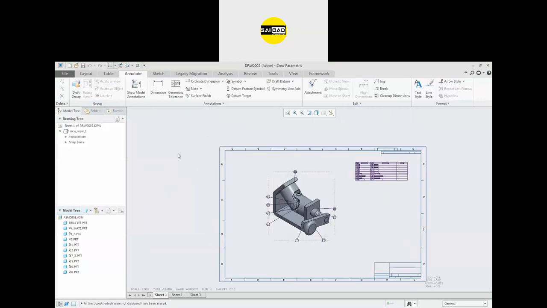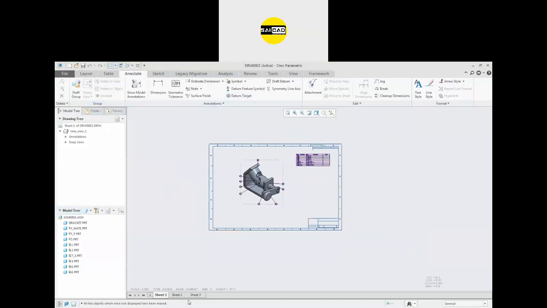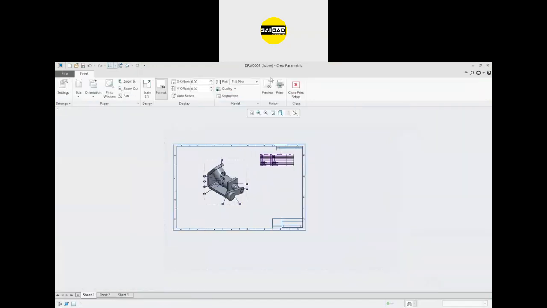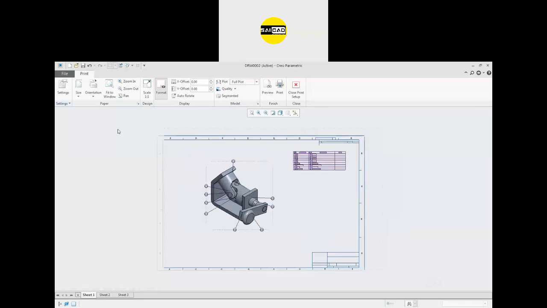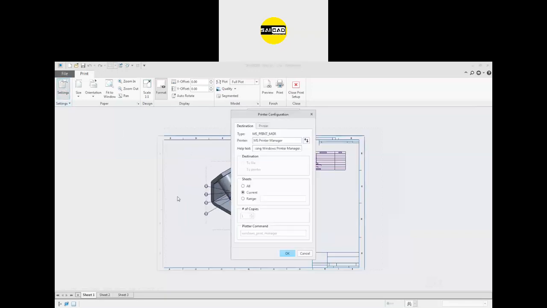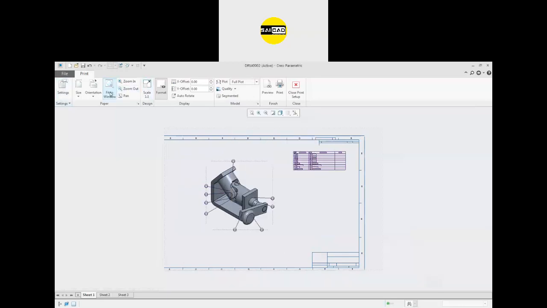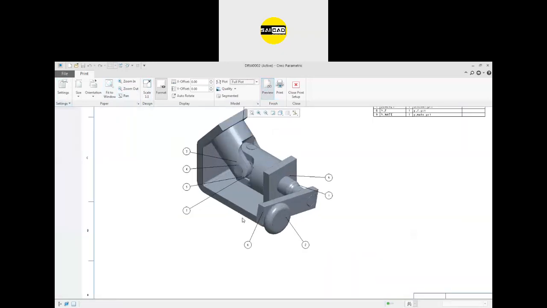So now just to print all the three sheets, just go to Control P and we are in the print. To print all the files, just go to the setting and select the range or the sheet from here to all. Click OK and now just go to the preview first. You can see the preview is this one.